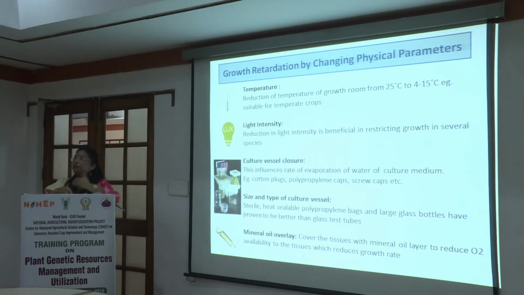Just by reducing the temperature at which cultures are stored, the growth gets slowed. As you must have seen, if you buy fresh fruits and keep them outside, they will be spoiled in 2 days. Keep them in the fridge, they will last for 7 days. So is the case with the cultures. You keep them at low temperature, they will tend to have slower growth and last longer. So it works very well in temperate species, but the problem arises in tropical species which are more susceptible to low temperature.